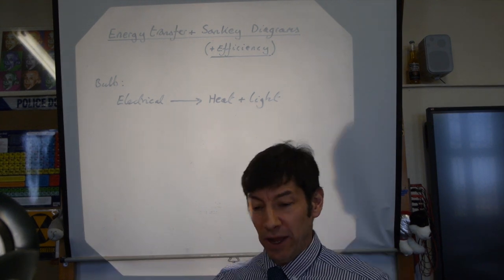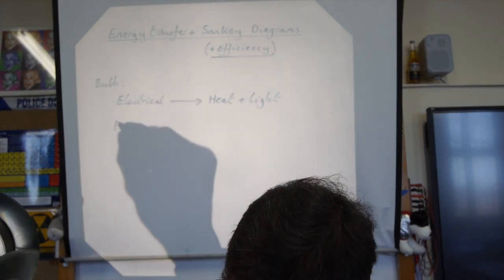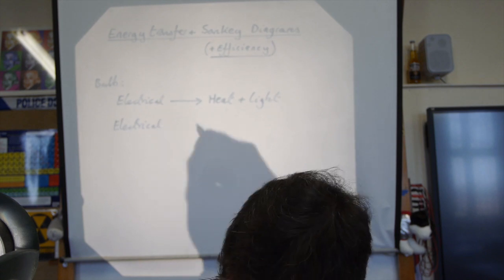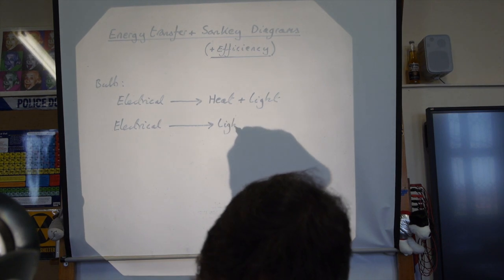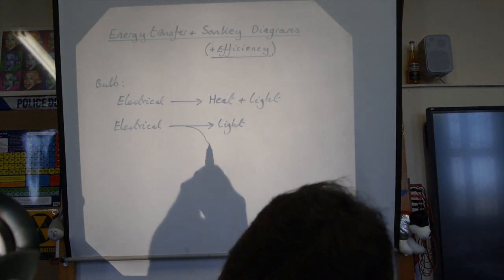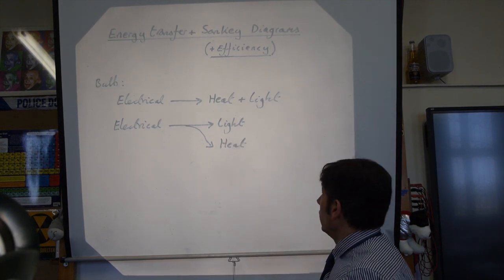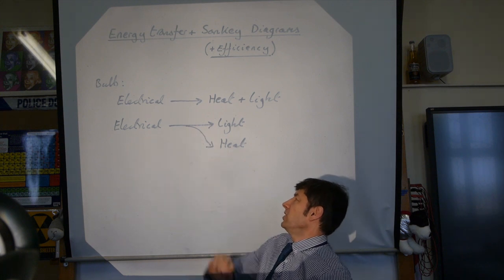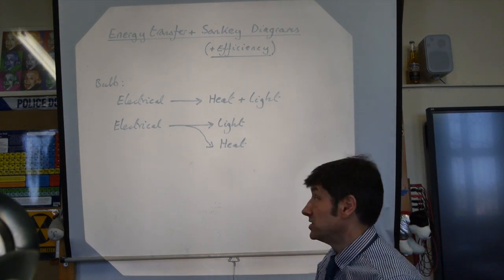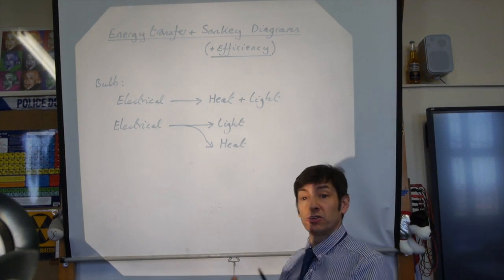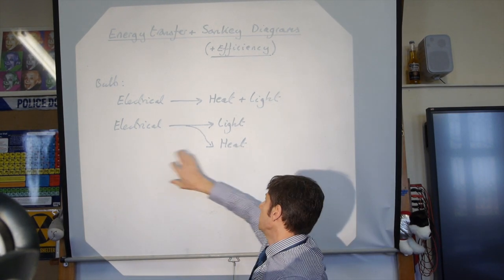But there's a slightly better way of doing this. Wouldn't it be better to sort of get rid of the plus sign and say that electrical energy converts to the light that we want plus some heat that we don't want. And this is a bit annoying about filament light bulbs, is they use a really hot wire. I think Edison was one of the inventors of these sorts of things, and you get the wire hotter and hotter and hotter, and it gives out light, but it also wastes a lot of your battery's energy giving